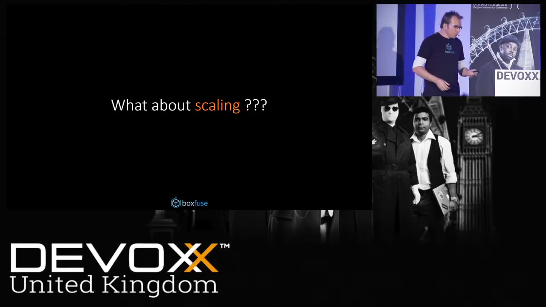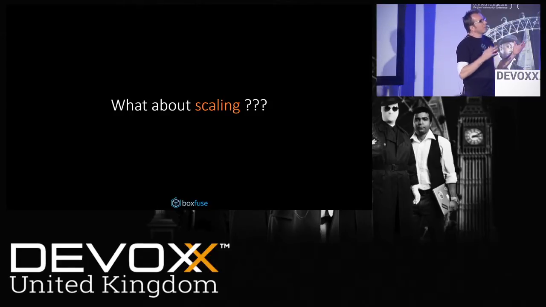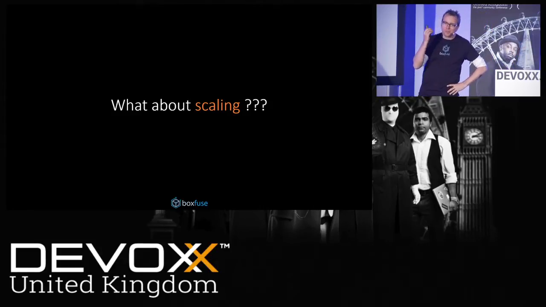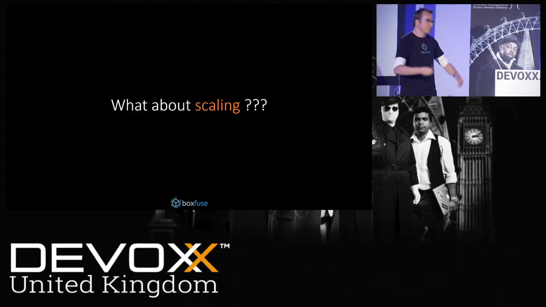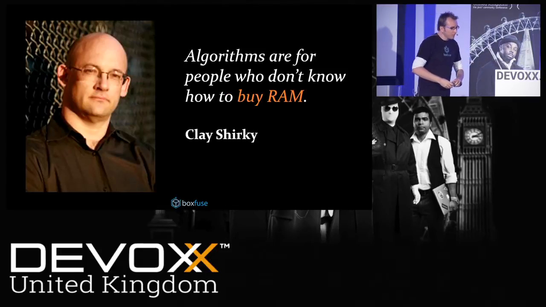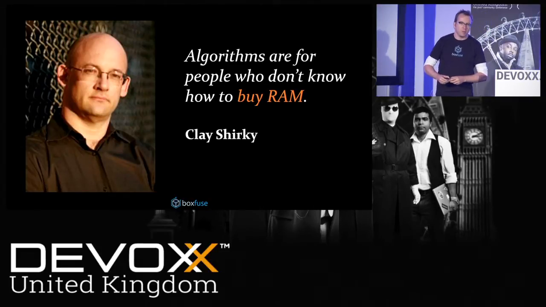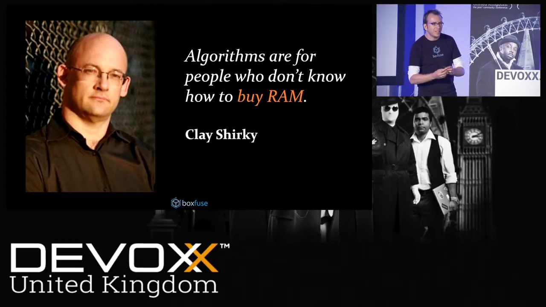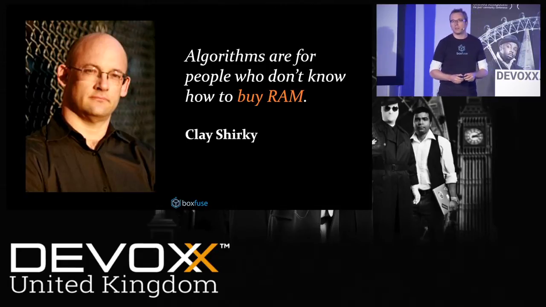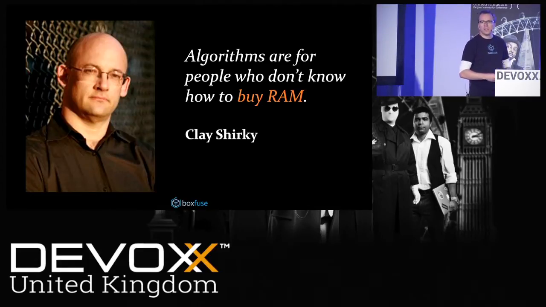So we briefly touched upon scaling, but one thing I read a while ago, and I thought it was just superb. It's a bit exaggerated, but I thought this was a great quote. It's from a guy named Clay Shirky: Algorithms are for people who don't know how to buy RAM. And these days, RAM is really cheap. You can get machines with 0.5 terabyte of RAM for just a few thousand, and you can order machines with 6 terabytes of RAM from Dell, and you can go a long, long way with a very simple topology